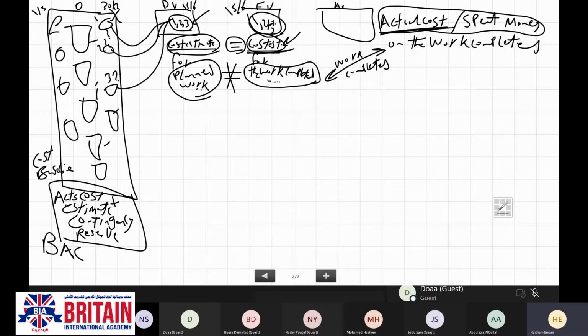The actual cost will be lower than the earned value in case I was planning to finish these activities with 10 KD, and in reality I have spent even 9.950 fills.